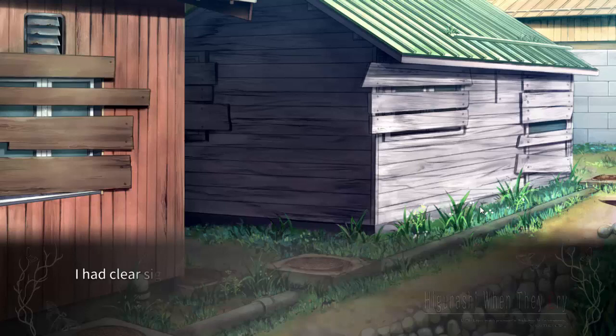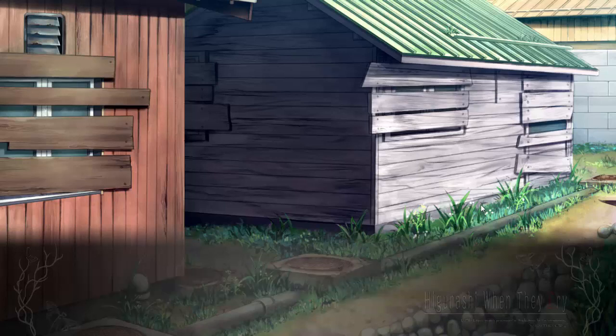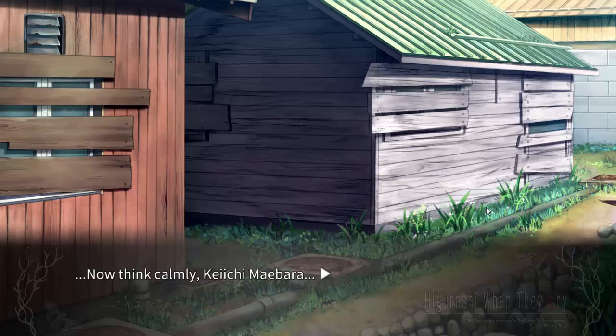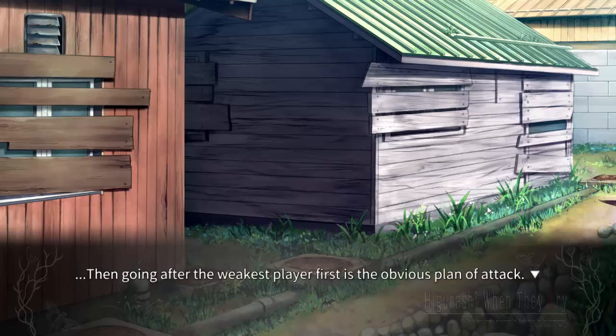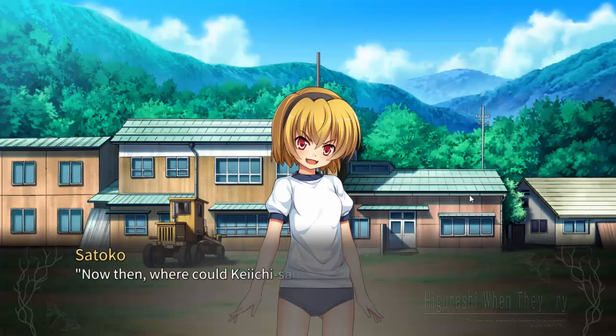I stood at one of the corners of the school. I had clear sightlines in 2 directions and would probably have good response time if any zombies started to close in. For the time being, I caught my breath and focused on what I was trained to think during club activities yesterday. Now think calmly, Keiichi. If I was it, what would I do? Increasing my numbers would be the shortcut to victory. And going after the weakest player first is the obvious plan of attack. Meaning, me. Shit. さあ、ケイチさんはどこでございましょう。逃がしませんことよ。